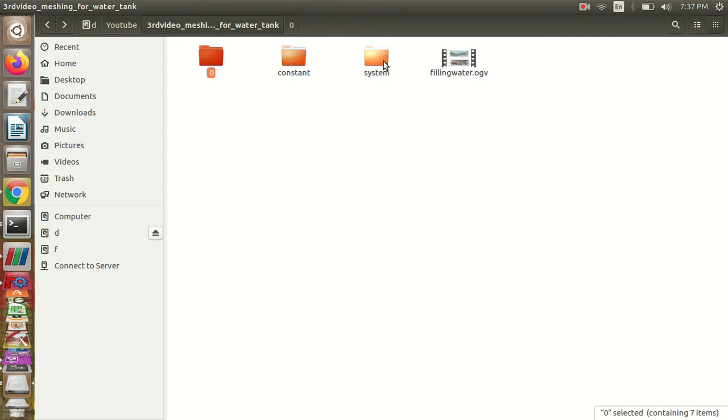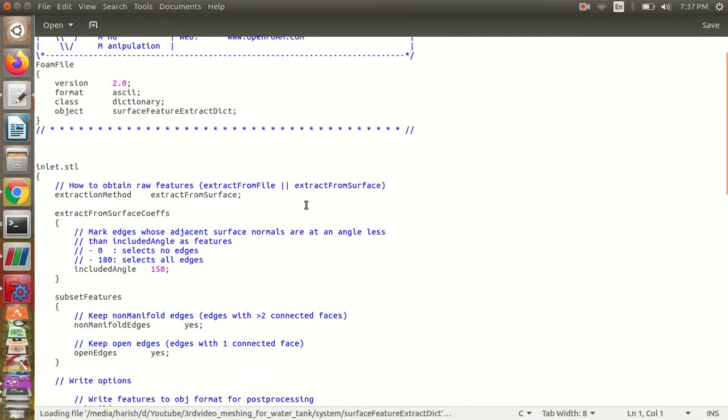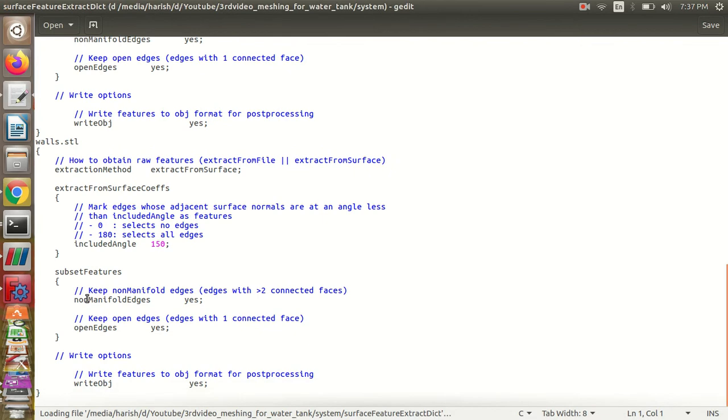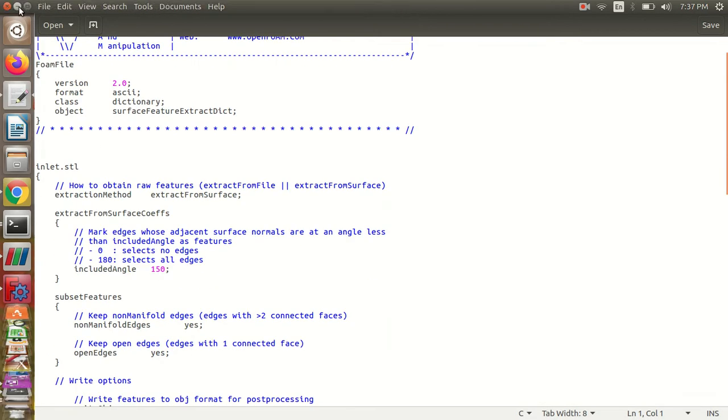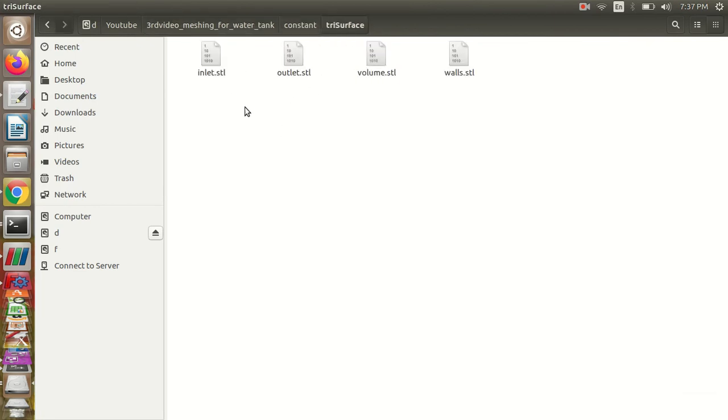So now we'll see what are the things we need to change in the surface feature extract and the SnappyHexMesh dictionaries. In the surface feature extract, you just need to give the surface STL files. You might have, for example, 4 STL files. This is going to be for your entire geometry. These are all your surface files, right?